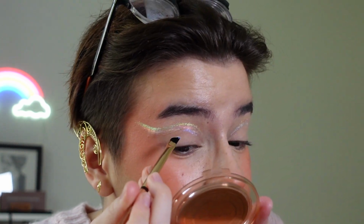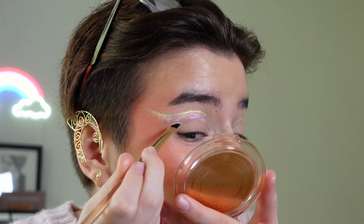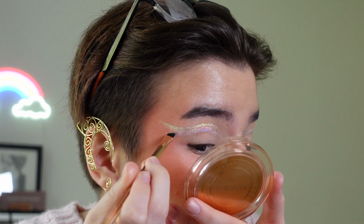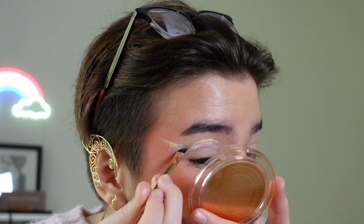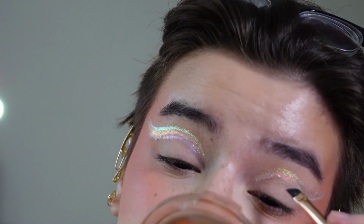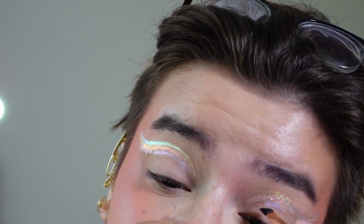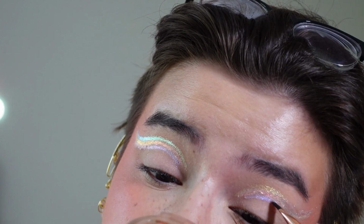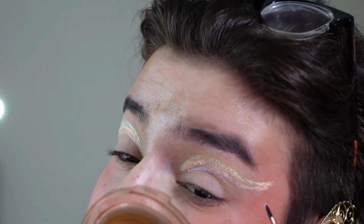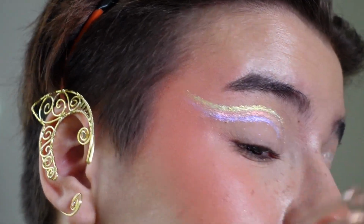Ooh. This might be really dumb because I don't know if you can really see it. Let me see if I can actually zoom you guys in even closer so we can actually see this a bit better, because I really hope it's showing up on camera. My camera sometimes does not like to pick up on all of the sheens, especially if they're on my eyes. But in real life I can really see everything. So just trust me on this one. I really hope you can see it all. I kind of messed up on this eye a little bit, but